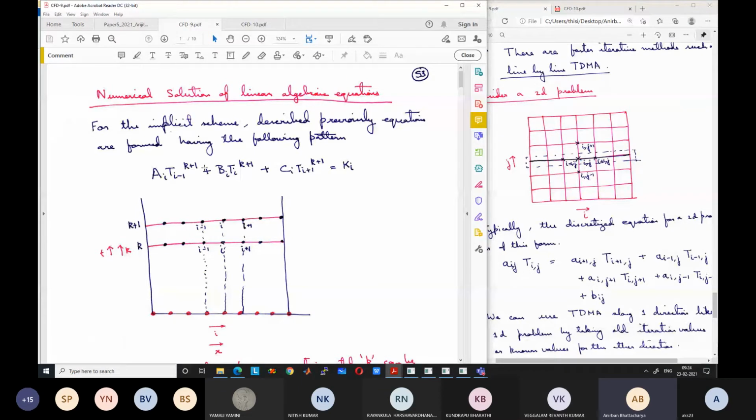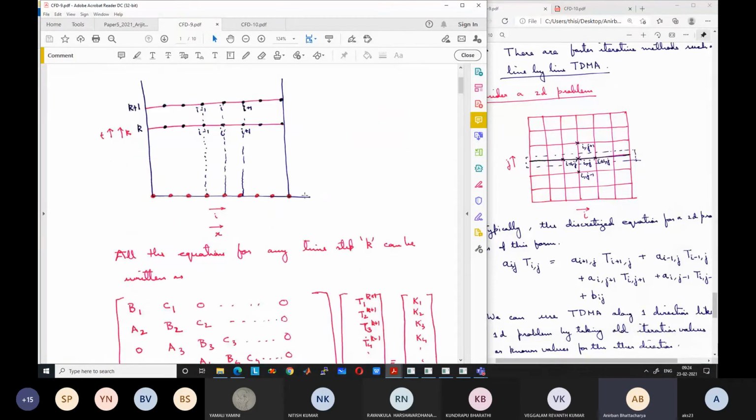This is required when each of the equations has more than one unknown. So like this type of, so one equation has three unknowns, then you will need simultaneous solution and any of the methods will be required, either direct solution or iterative methods. Okay. So up to this point is your syllabus for the mid-sem exam. Okay. So now we will go to the next topic, which is the finite volume method. Okay. So whatever we have covered till now from the beginning of the course is part of your mid-sem exam,